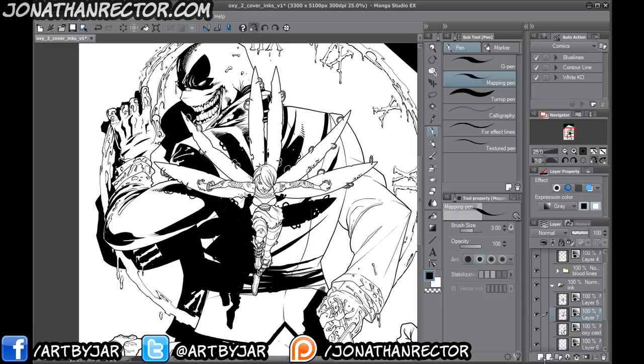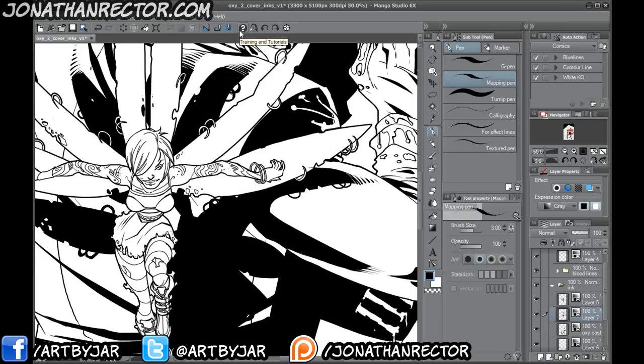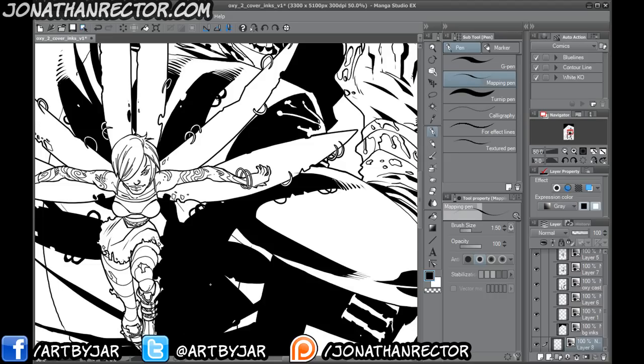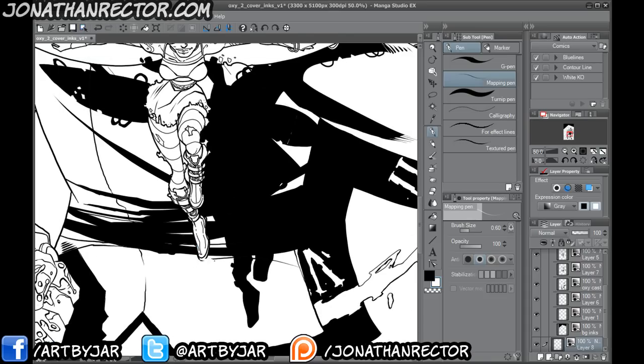So I'm kind of debating if I like it still. I just don't want to lose the shape that we got going on here. So let me try something here. I'm going to actually go onto the original art. I'm going to make a new layer above it, make it gray like we do, and get a proper ink size. And what I'm going to do is just draw over the line art. So you can see I'm getting rid of all the...